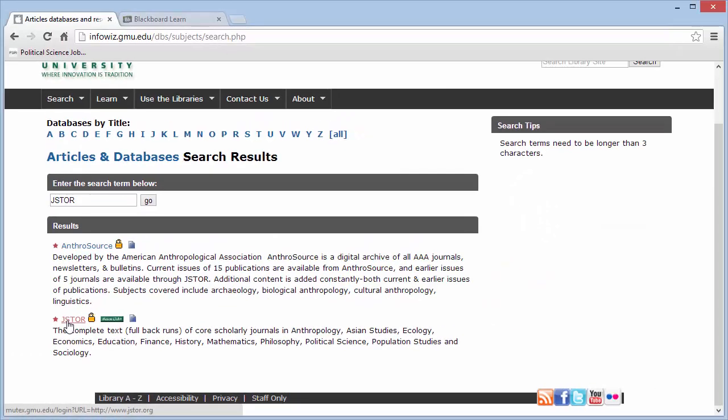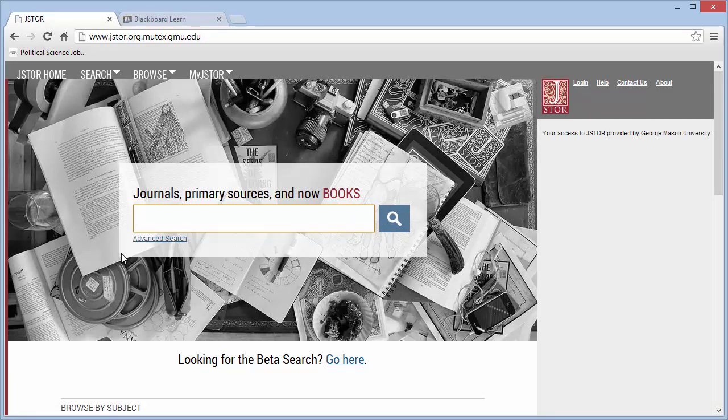And JSTOR is a large database of academic journals and books with many social science resources, so very, very useful. And you'll likely have to verify your credentials here. And we're going to repeat our search from before, so typing in environmental policy